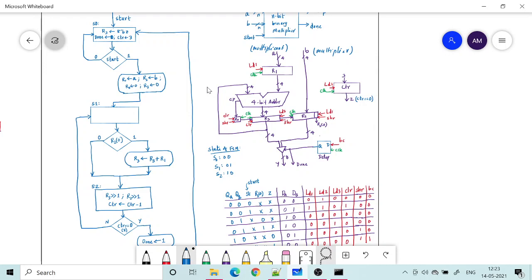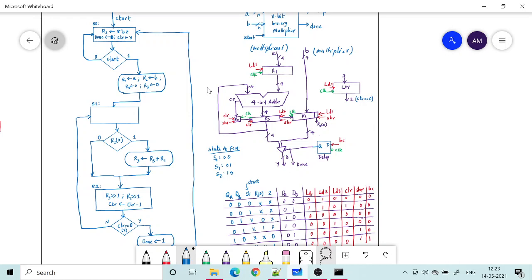First of all I keep R3 everything 0 initially. To that I can take as one of the inputs of the adder. Okay, R3 is one of the inputs of the adder plus my R1. So that will give an addition. So that result will come. It may have a carry. So if carry is there, I will put it in R0, which is a 1-bit register.